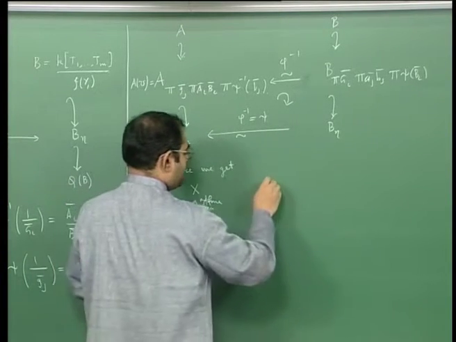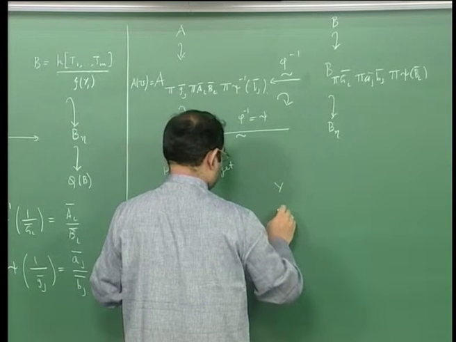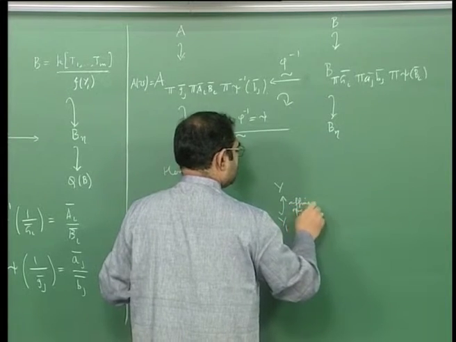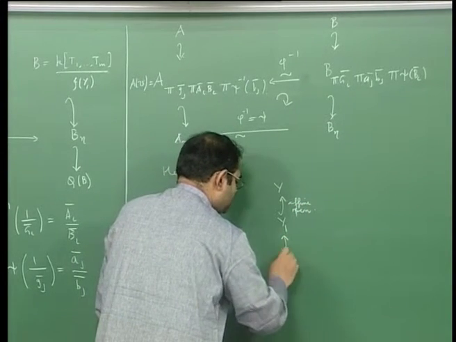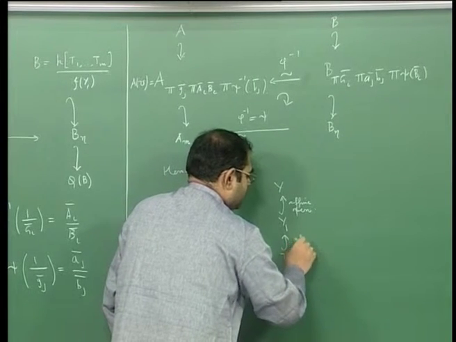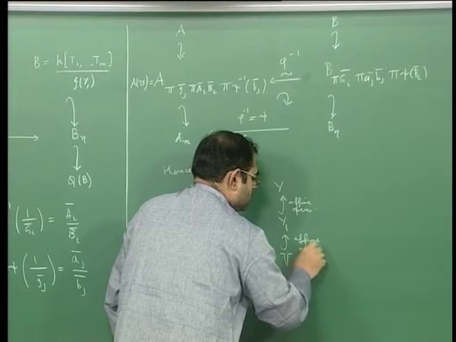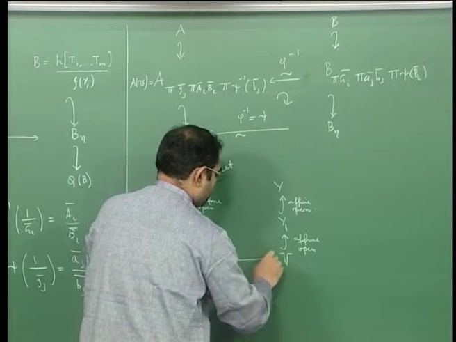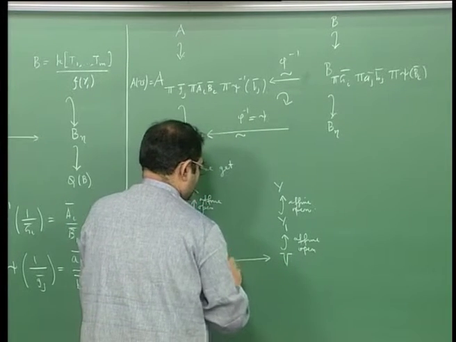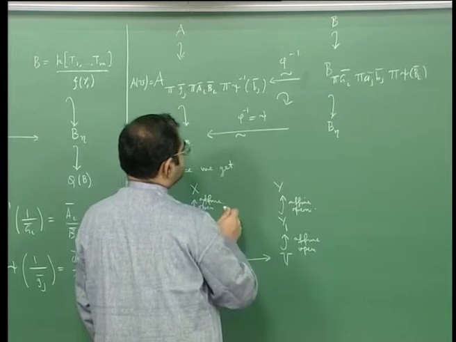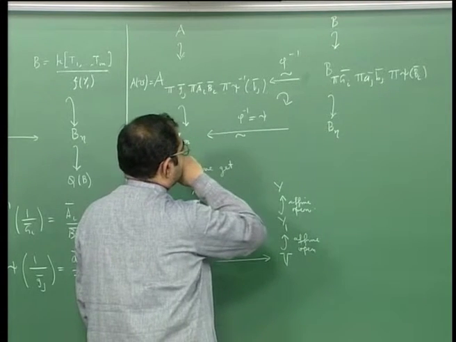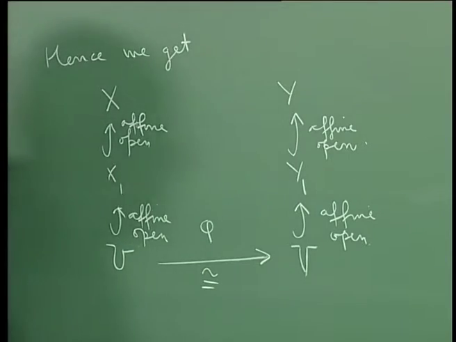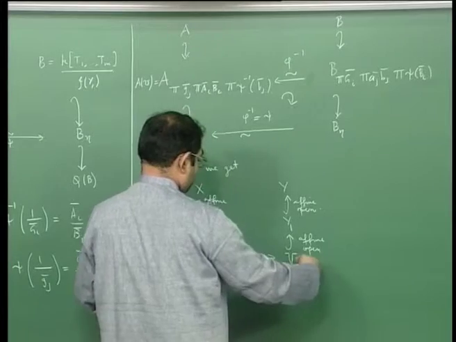Similarly for Y you have Y1, which is an affine open, and here if we call it V, that will also be another affine open, and what you will get is a morphism. So, notation-wise, let me do something. I say that I will get an isomorphism phi, such that if you take the